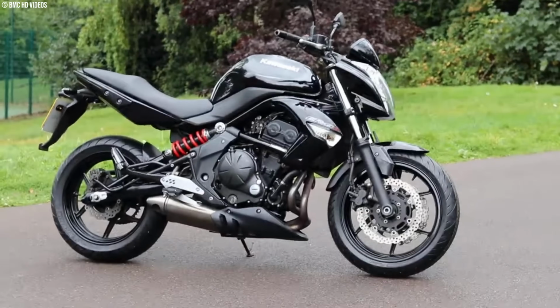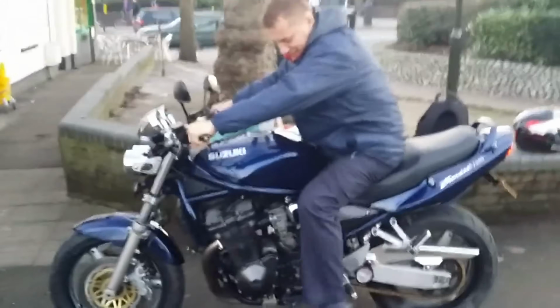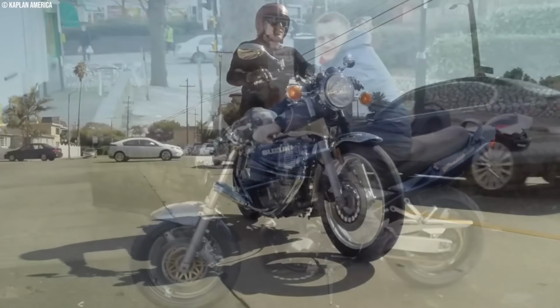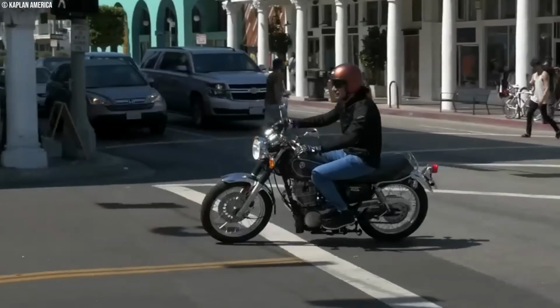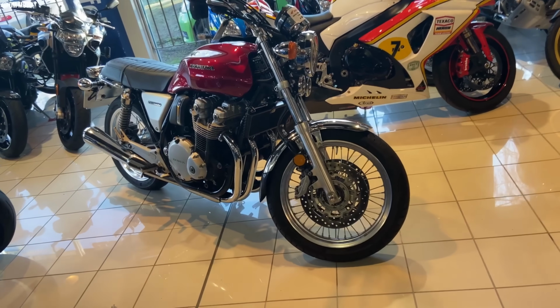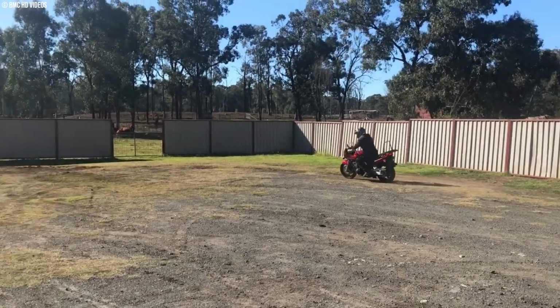You're stupid if you go weekly to the mechanic for your bike. Seriously, you are. Because some motorcycles are built so well that mechanics only see them when it's time for an oil change. What bikes am I speaking of? Japanese naked bikes. It's not just a way to get around, but amazing machines that often run for 100,000 miles